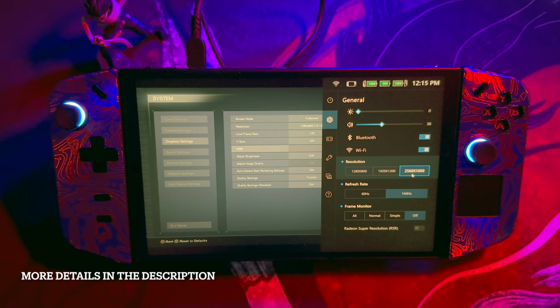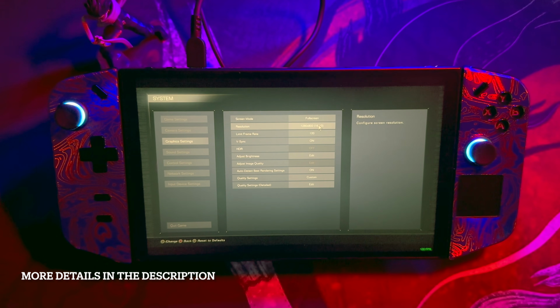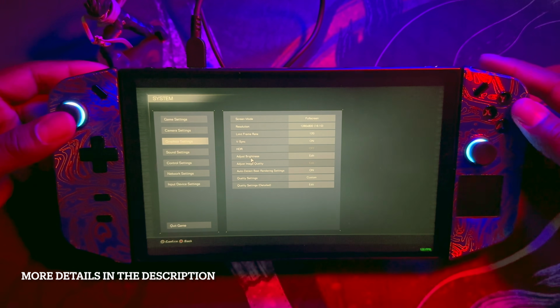I'll put more details explaining what integer scaling is and how it works for the game in the description. But yeah, once that's done, you'll see